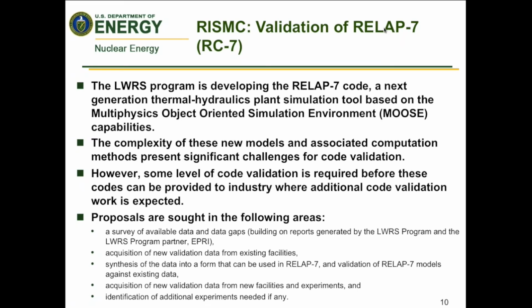Proposals are sought in the following areas: a survey of additional data and data gaps, building on reports generated by the LWRS program and the LWRS program partner EPRI, acquisition of new validation data from existing facilities, synthesis of this data into a form that can be used in RELAP-7, and validation of RELAP-7 models against existing data, acquisition of new validation data from new facilities and experiments, and identification of additional experiments needed, if